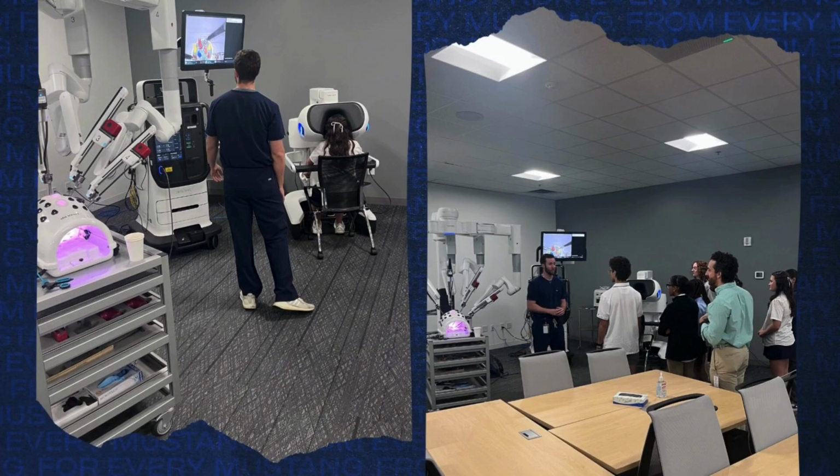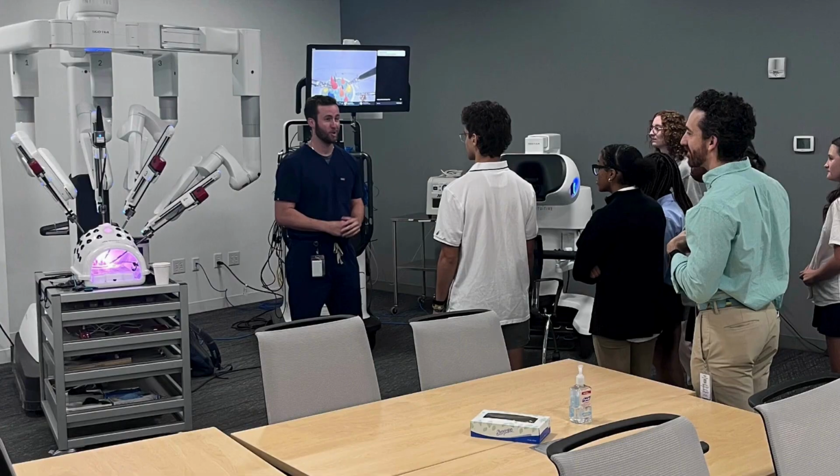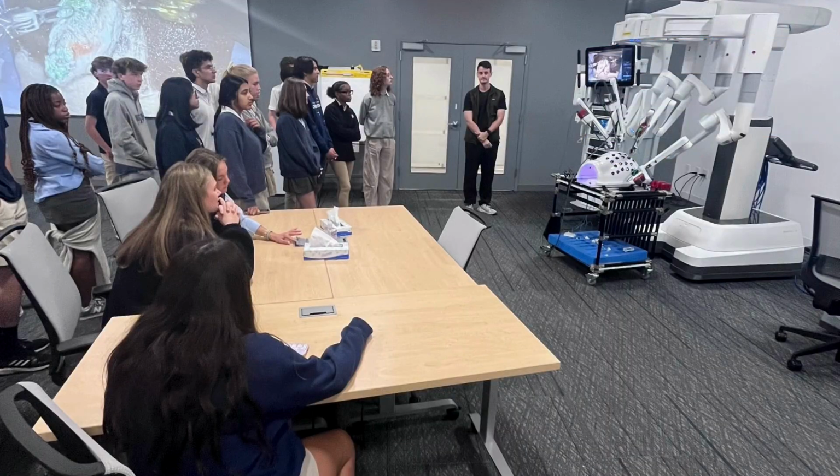come to life. As someone interested in going into the medical field, I have seen videos of the Da Vinci robot. I've seen the price of the Da Vinci robot, and I just thought that's something I would never get to, let alone be in the same room as. Being able to actually use the systems that I had dreamed about using for such a long time was really incredible. It was really cool to see real world experience, what real surgeons do and